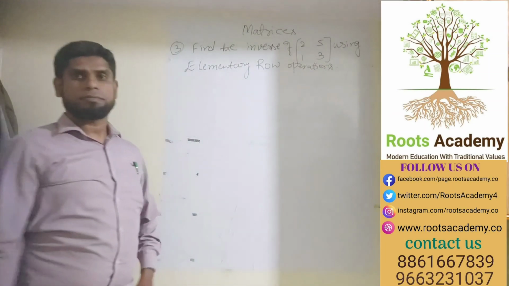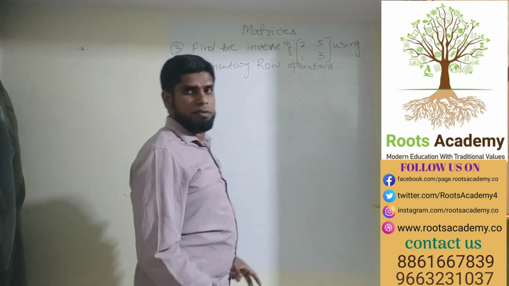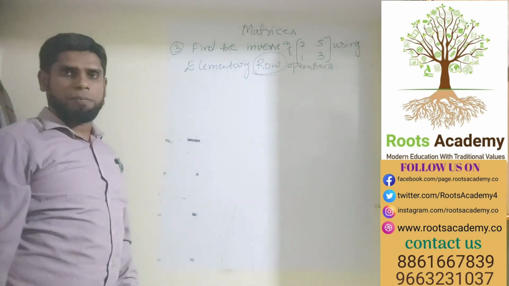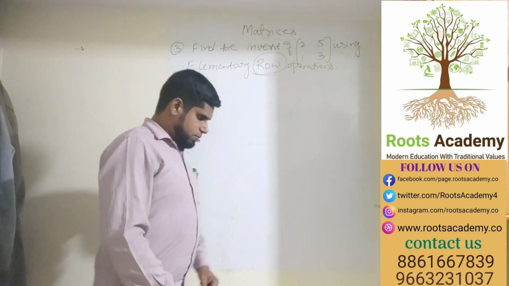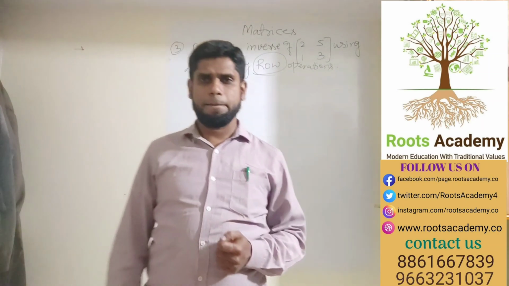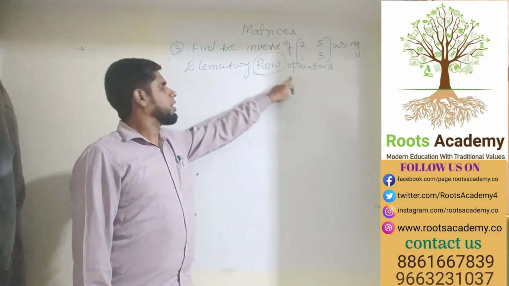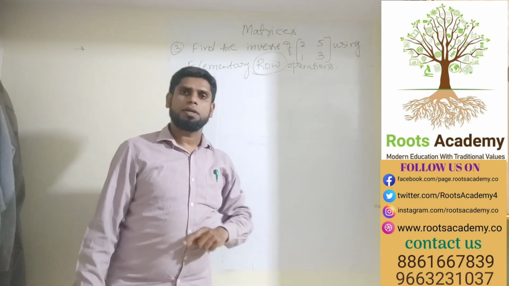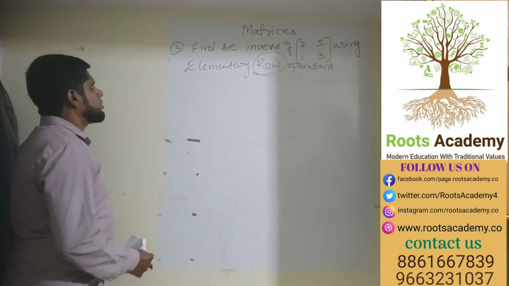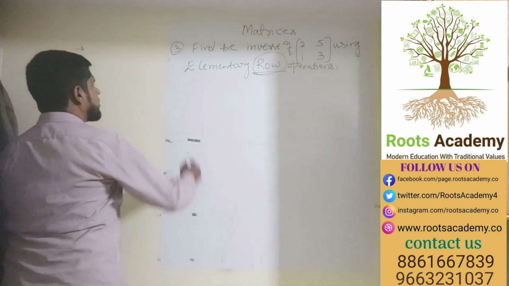Okay student, here a matrix 2, 5, 1, 3 is given, and we should find the inverse of this matrix again with the help of row operations only. And student, in your examination, if he has not mentioned any method, as I mentioned here it is row operation. If you didn't specify row or column, then the choice is ours. We can adopt any method. So since he has mentioned row operation, I will take the help of row only.